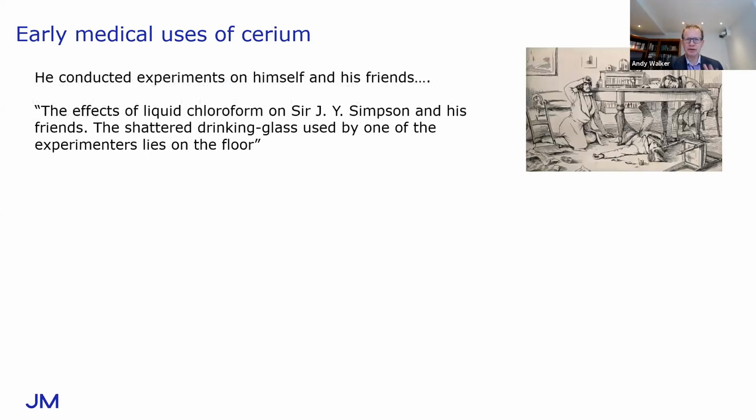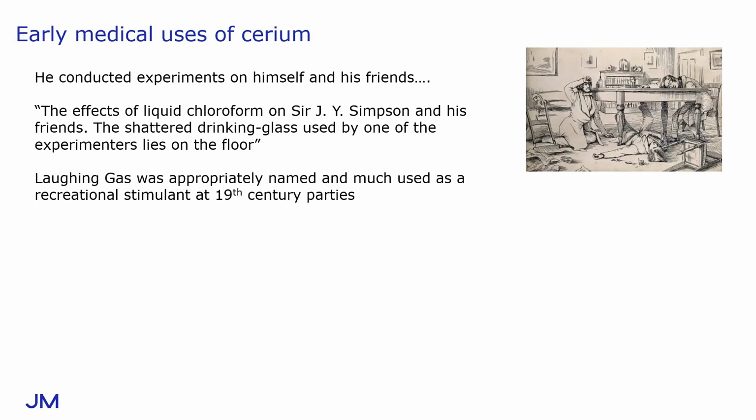He also, and don't try this at home, this is not a recommendation, but he did conduct experiments on himself and his friends. And there's a lithograph that's shown in the top right here, whose narrative is the effects of liquid chloroform on Sir James Young Simpson and his friends. And the shattered drinking glass used by one of the experimenters is lying on the floor. So again, don't try this at home. But in the early days, when they were trying to figure out the impact and the kind of levels required for effective anaesthesia, this was one of the things that they were doing. And